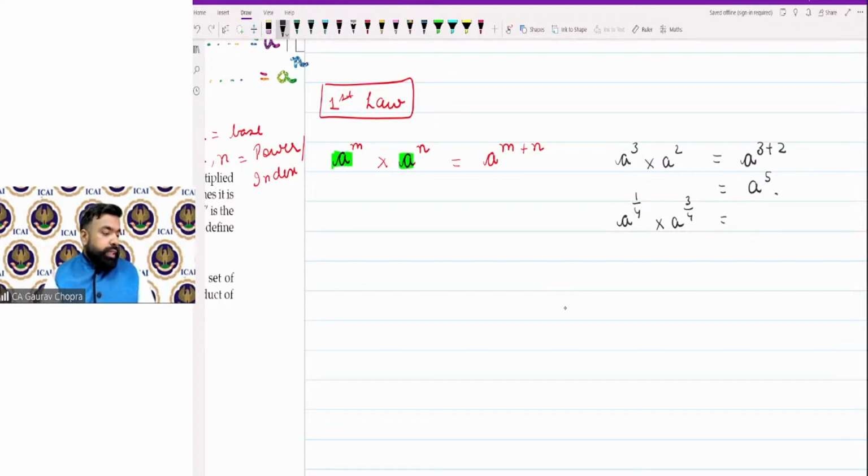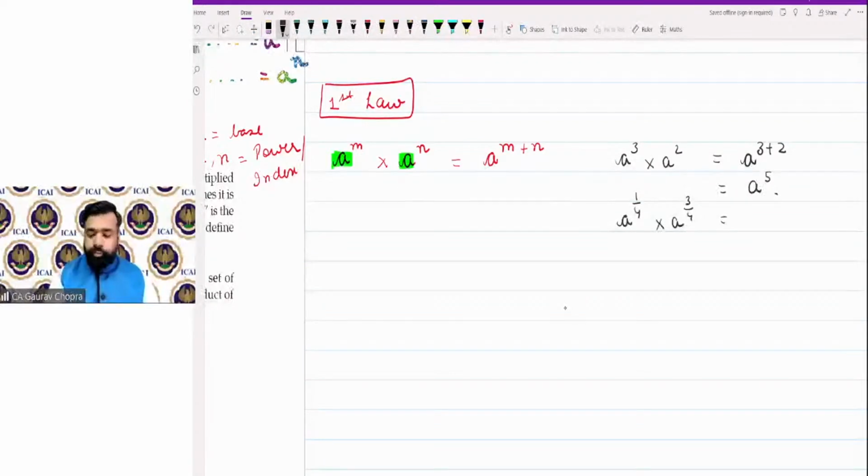Miss Chanda is asking, if I am in Hindi medium, will the maths paper be in Hindi or in both languages? See, in case of Hindi medium, the language of the paper will be purely Hindi, and in case of English medium, it will be purely English. Both languages are not available in the question paper.